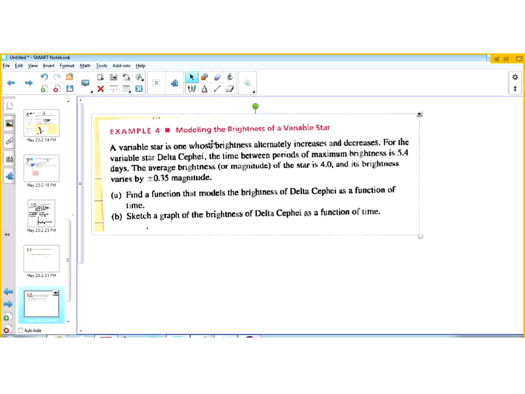So for the variable star delta phi, the time between periods of maximum brightness is 5.4 days. And so the average brightness or magnitude of the star is 4, and its brightness varies by plus or minus 0.35. So we want to find a function that models the brightness of the star as a function of time,